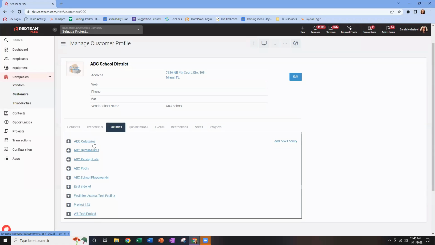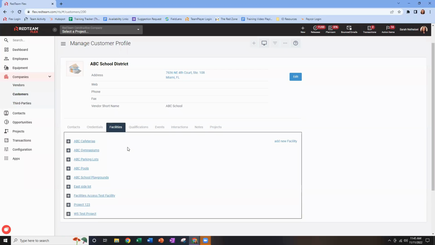That way, when I create a new cafeteria project for this customer, I can dictate who should auto-populate to the project team. I could also keep negotiated pricing rates on file because I may have different negotiated pricing for cafeteria projects versus gymnasium projects. Now, another good example that I like to use is we operate out of Orlando,